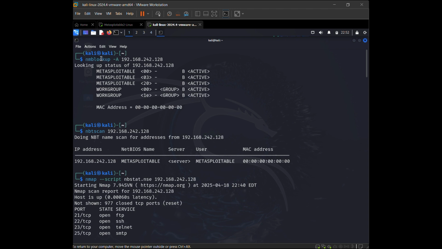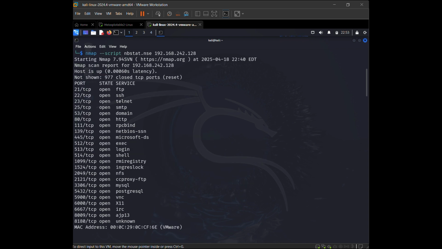So here we see, first of all, I am using Metasploitable, which is already a vulnerable machine to be practiced on. So make sure whoever you are performing SMB enumeration on, you have permission to do that. When I did nmblookup on the Metasploitable IP, I got its host name to be METASPLOITABLE in caps. So moving forward, we used the nbtscan tool. nbtscan is a program for scanning IP networks for NetBIOS name information. So here we can see that I have enumerated the host name to be Metasploitable.